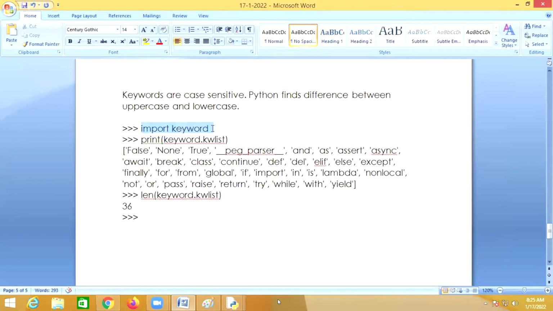So keyword is the name of the module. That is where you have data types.